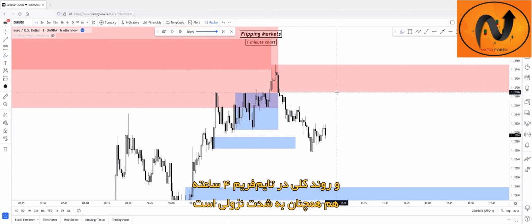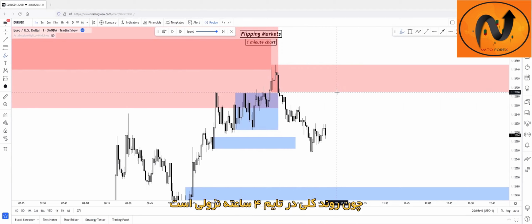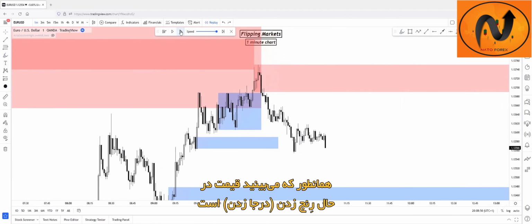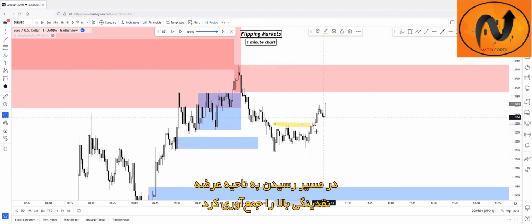And the overall higher time frame trend, so the 4-hour trend, is still extremely bearish. Remember, we are aiming for short opportunities because the overall structure, the overall trend on the 4-hour chart is extremely bearish. Okay, so let's just play price forward. As you can see, price is ranging now. Swap this upside liquidity with this movement